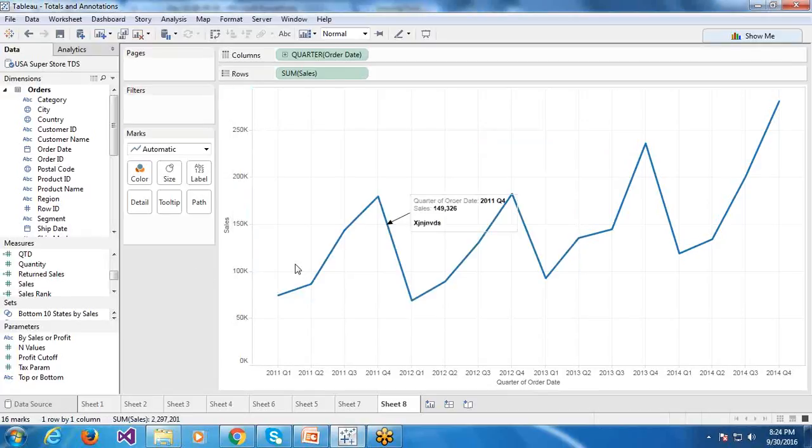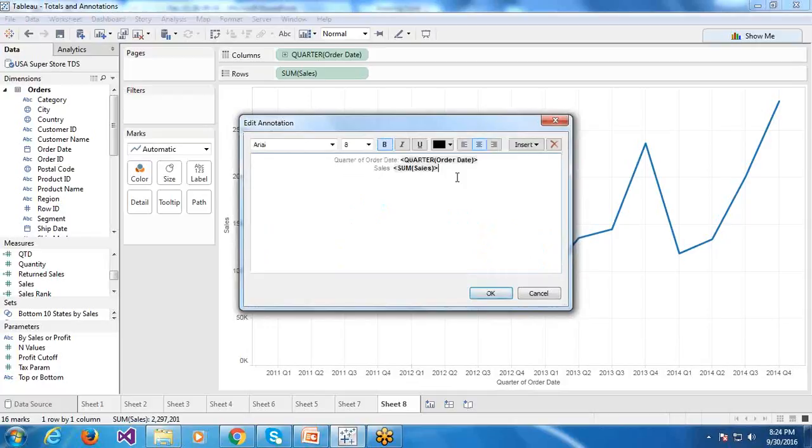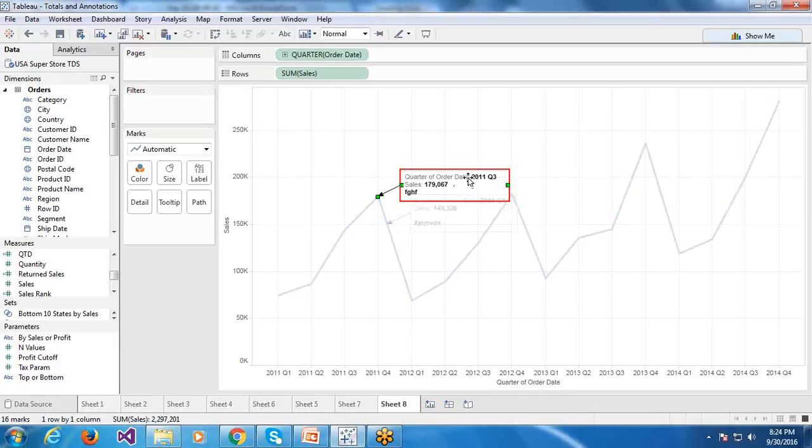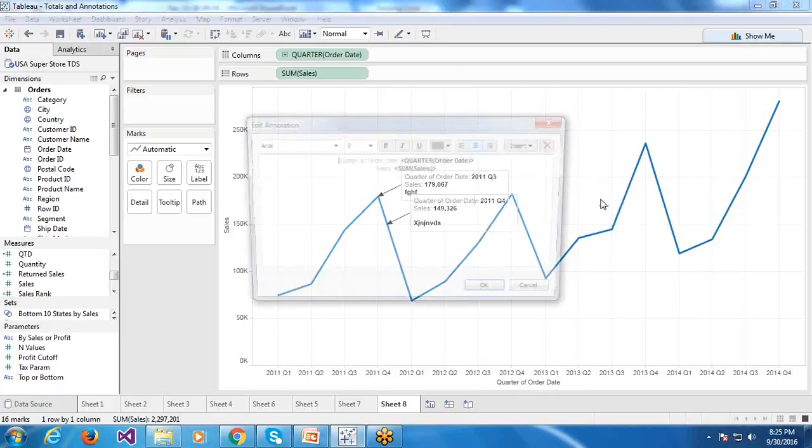So in this case, see, it is not representing any value on the line. It is actually representing the axis at this point. It is representing axis values. You can add a lot. It is representing the axis values wherever you locate it, and you don't need to select a mark. You can simply point here.